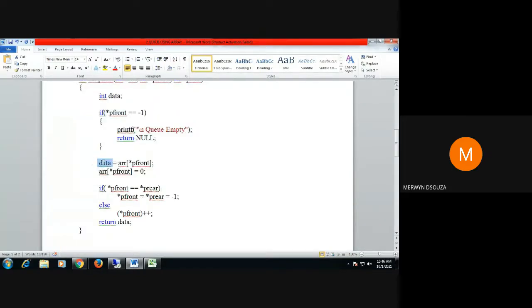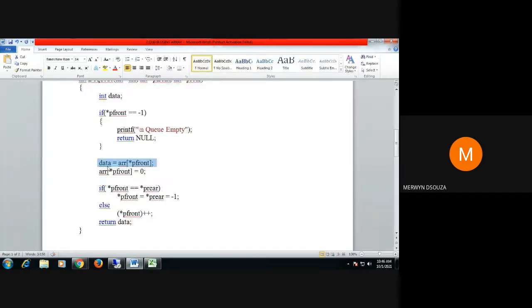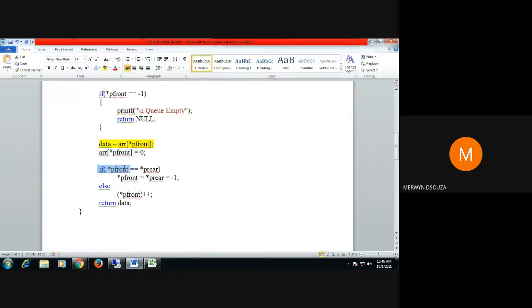So I come here, and what do I extract from the queue now? 20. I remove 20 from the queue and store it in data. That happens in this line. In the next step, since 20 has already been removed from the queue, I replace it with 0. After replacing with 0, I check whether the value of front and rear is equal.